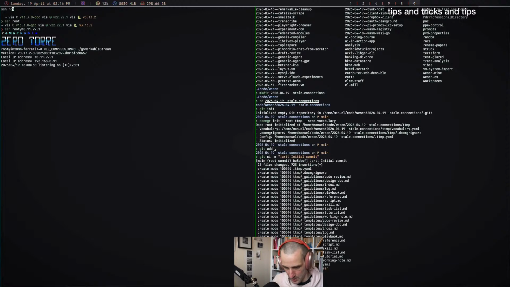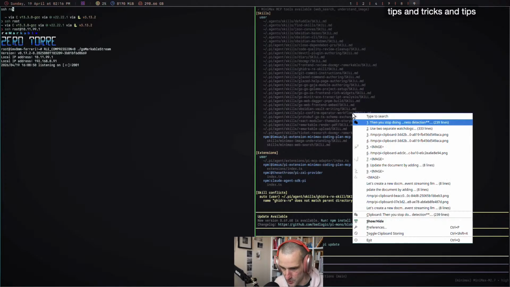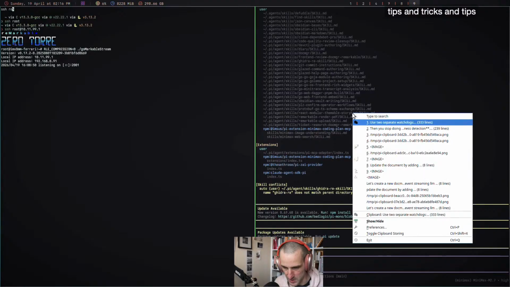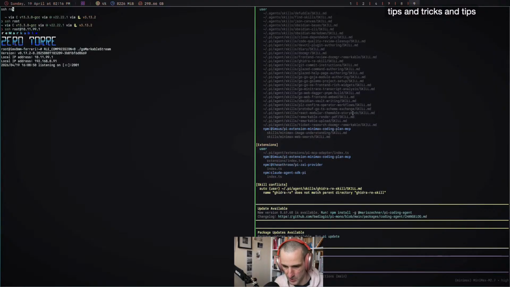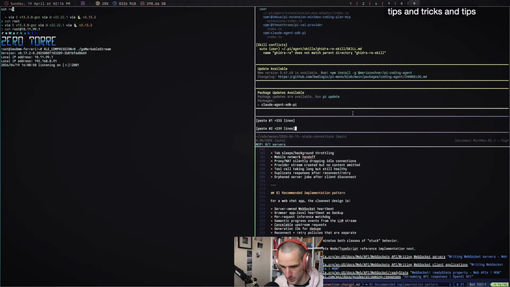And now I'm going to paste these two research reports from ChatGPT. Actually, I'm going to put them in a file, stale-connection-chatgpt.md.